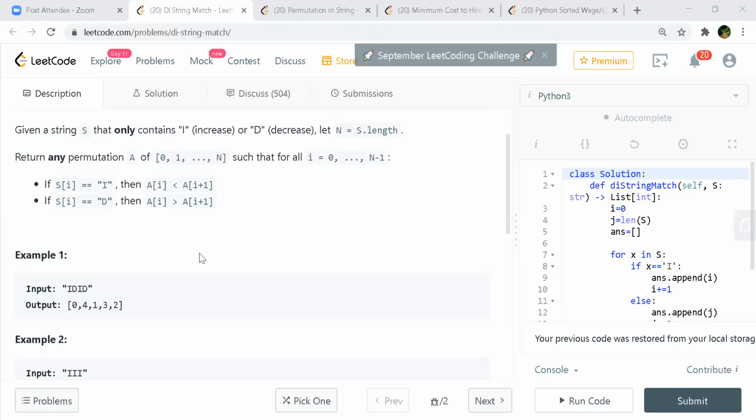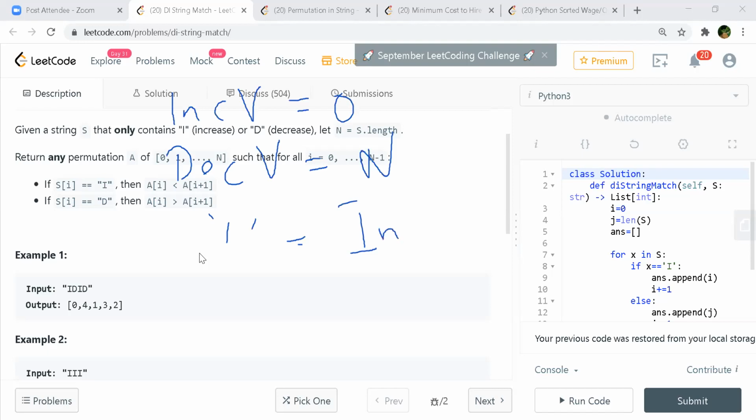The lower one which you have seen during the first increase, right? Yeah. So maybe I have 2 counts. One is the IC value, which starts with 0, and the other one would be the decrement value, which starts with n. So whenever I start traversing the input array, and I see I, I just put this IC value there and then increment it. And whenever I see D, I just put this DC value and then decrement it.